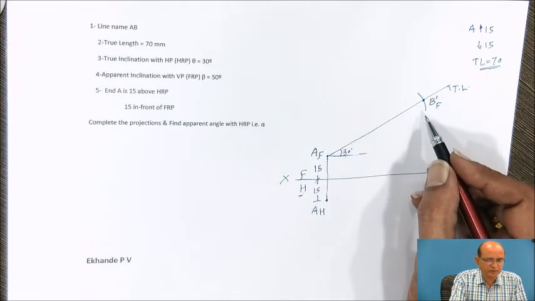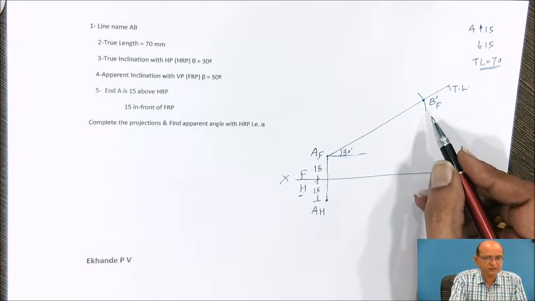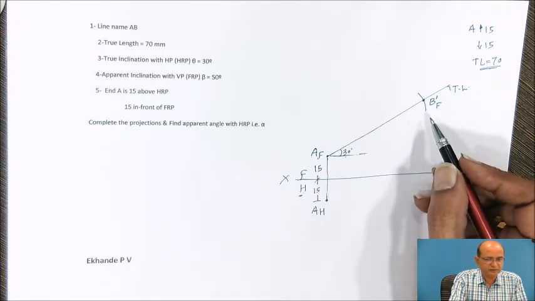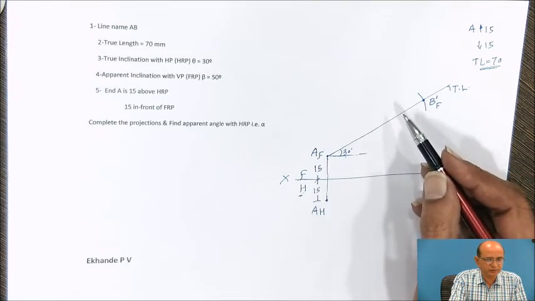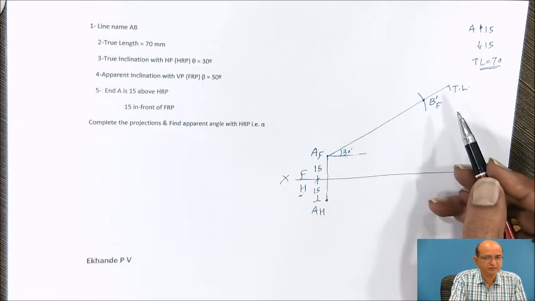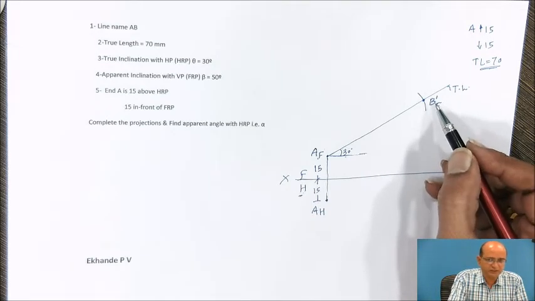Projection is not on the true length line. So it will be on the other than true length line, because the line will have the projection inclined to both the sides. Means with the XY line, inclination will be there for both the sides. In case of the horizontal line, the inclination will be only one side, and one side will be having the parallelity. Okay, so that part is already known to you.